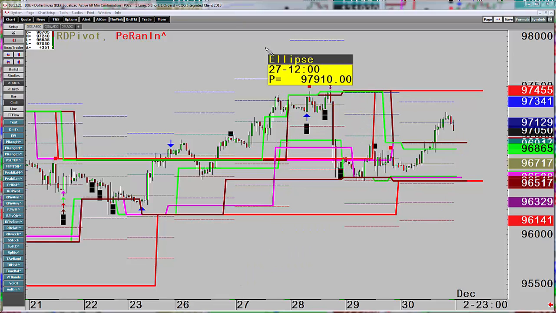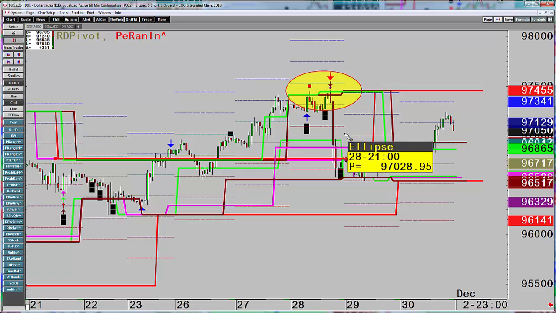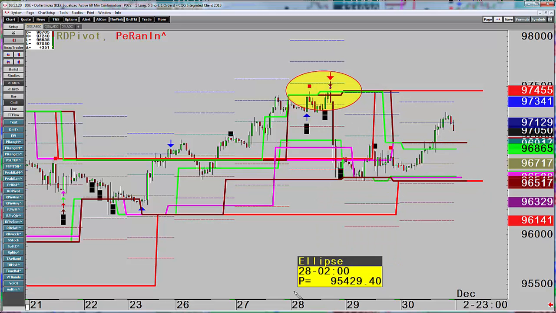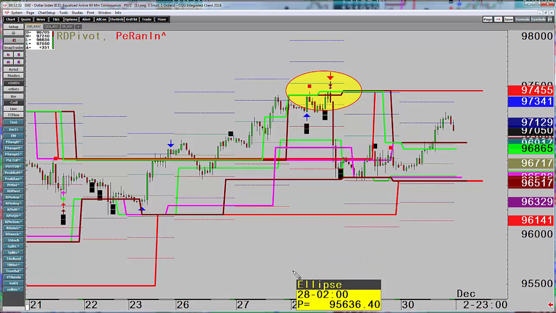I'm just really going to explain what is going on here. This is a 60-minute chart, and what we have is support and resistance developed by the important swing points on higher time frames, and those time frames go from 120, 240, 360, and then a half day. And the red lines are the half day ones, and so by default are the most important. So I'm just going to explain what happened through the week, so in weeks to come you'll have a better idea when I just click to it and I won't have to go through it in the same level